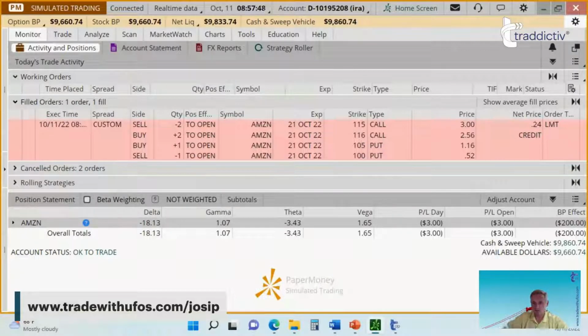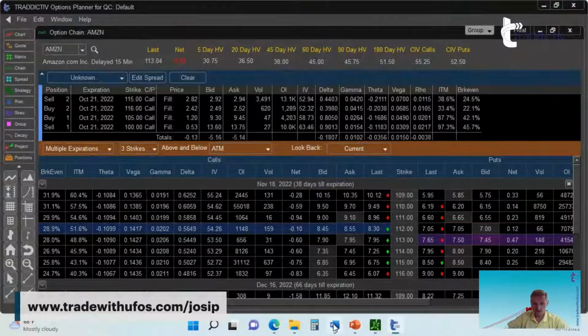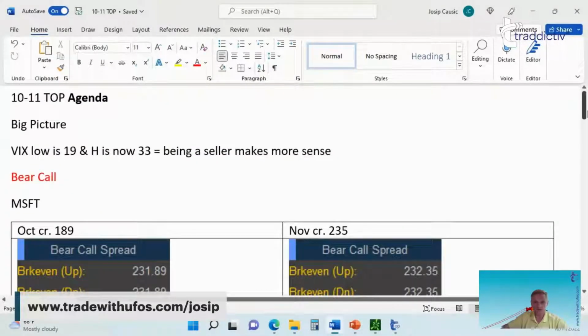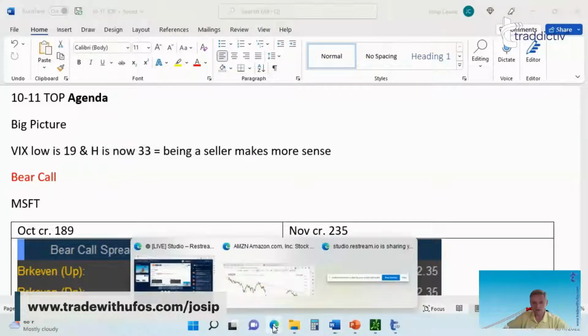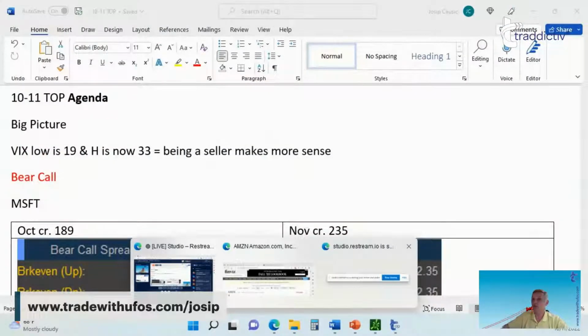Okay, we're just about to wrap up the session. Let me now review everything that we have done in this last hour. We started first looking at the implied volatility, and we concluded that the implied volatility has a low of 19 and a high of 33. And this is kind of interesting because aren't we currently lifting? So if we are currently lifting on the market,